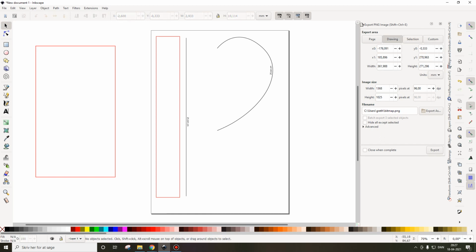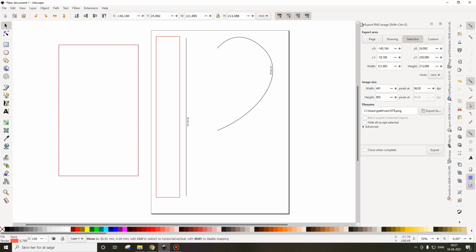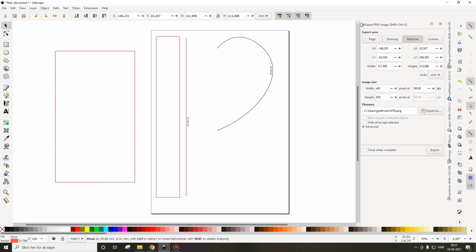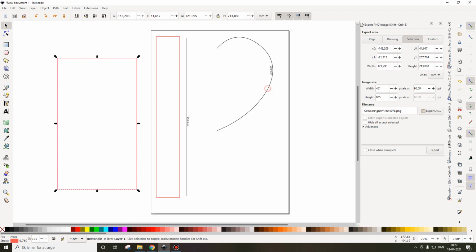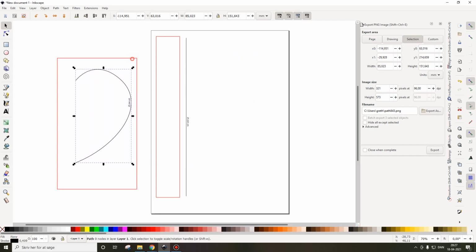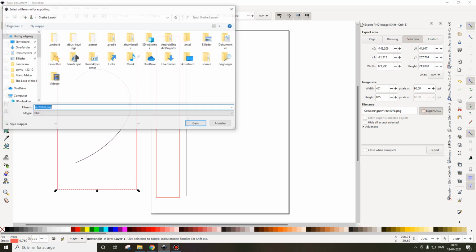And if we click on an object, export selection, it will just export everything, this rectangle and everything that's in it. So if I put this one in it, click this one, export selection up here, export as,